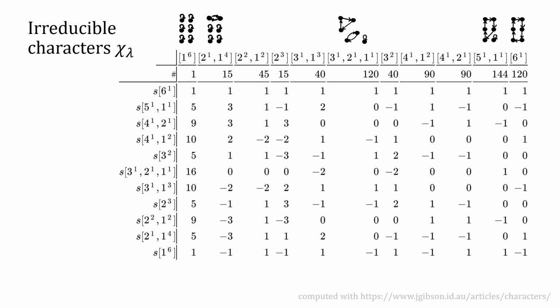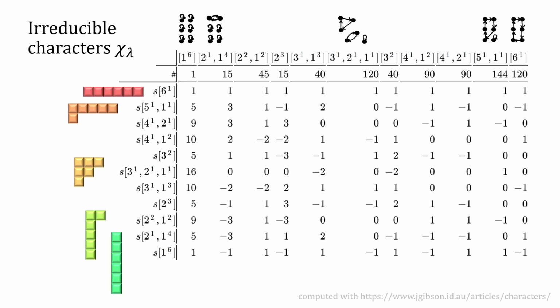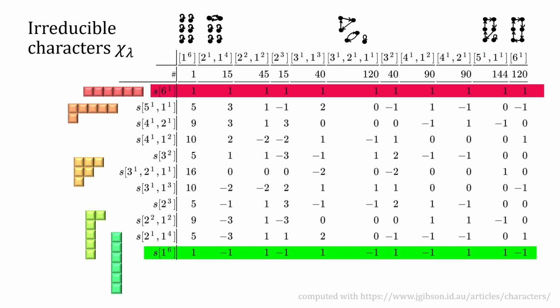We draw the partitions that index irreducible characters as Young diagrams. For a partition lambda of n, such a diagram has n boxes. The parts of the partition are sorted, and each part corresponds to one row. So we have a horizontal line of n boxes, a vertical line of n boxes, and all kinds of partitions in between. We will later see where these integers in the table come from, but you can already see that the sign and trivial character are extreme cases, and they give us the determinant and permanent. But there are 9 other irreducible characters, so 9 other immanents that we can look at.